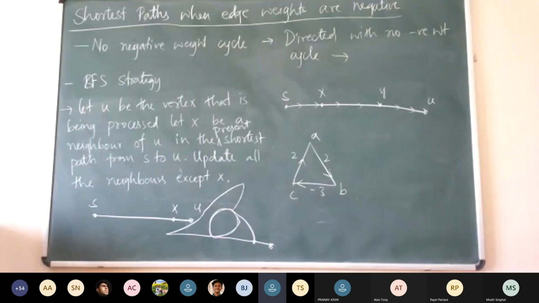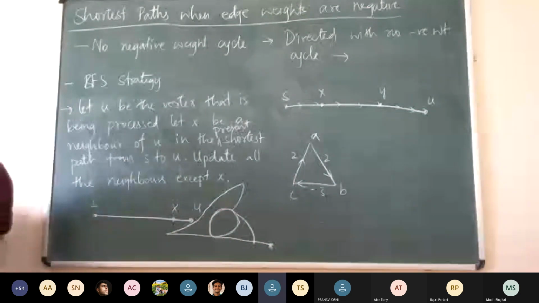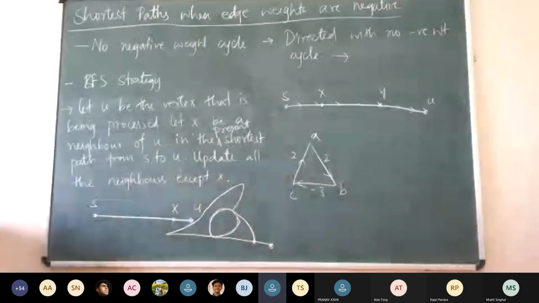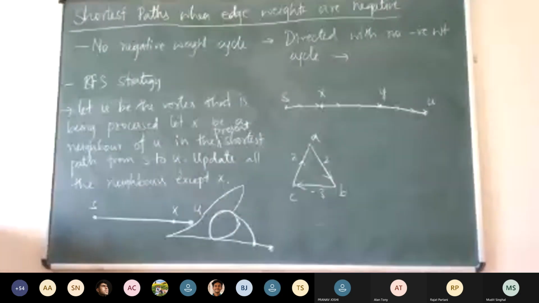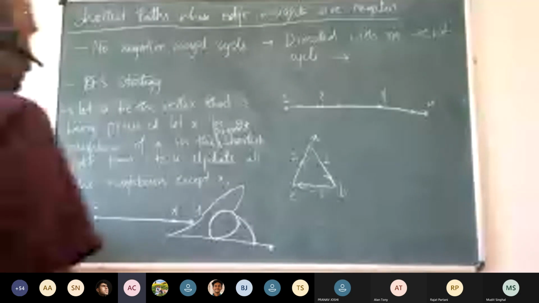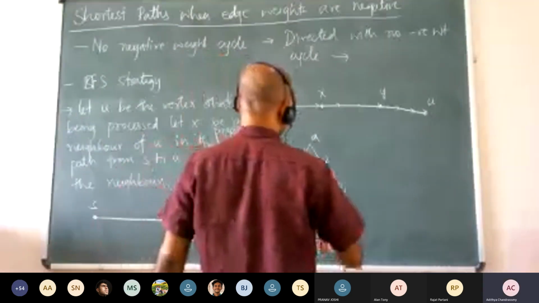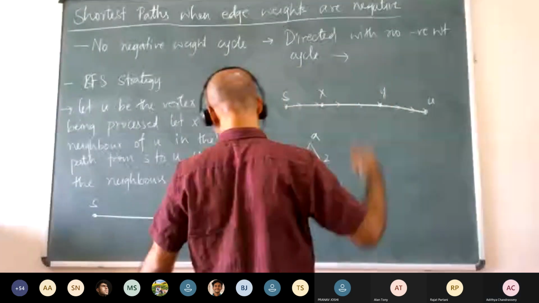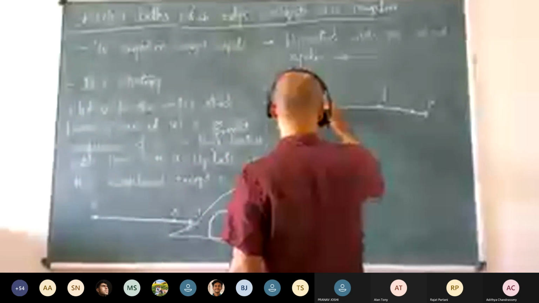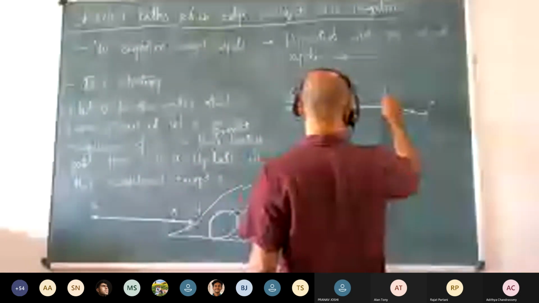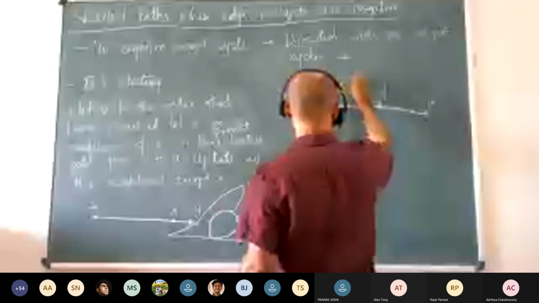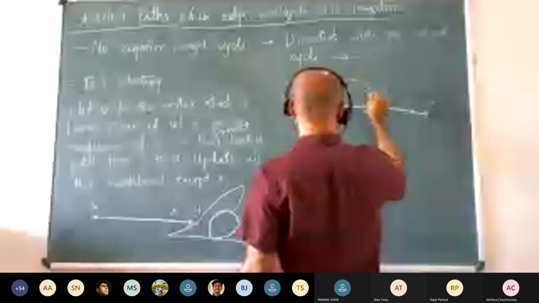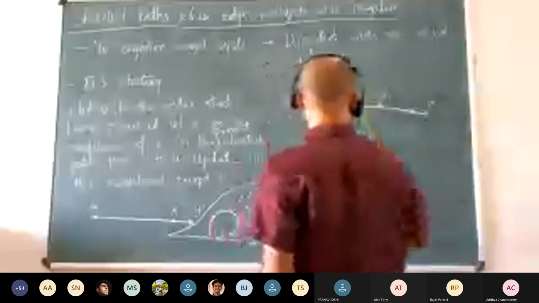Let us try to prove it. How did we prove the earlier thing? We have not proven it yet, but we are trying to prove it by contradiction. Assume there is a shorter path from x to y. Suppose there is a different shortest path from x to y. As of now, let me take it to be edge disjoint. We will consider other cases later. I think this should be the easiest case.